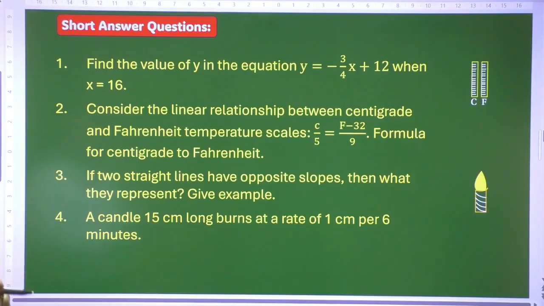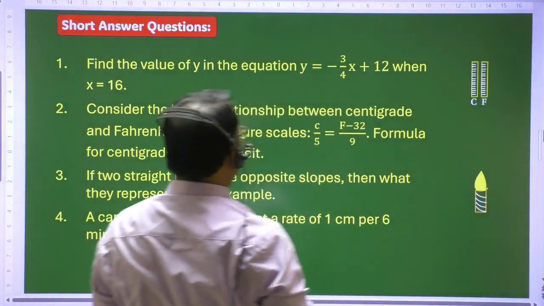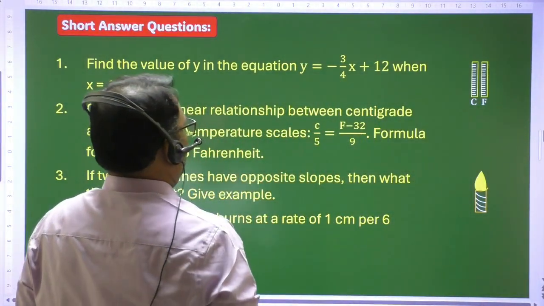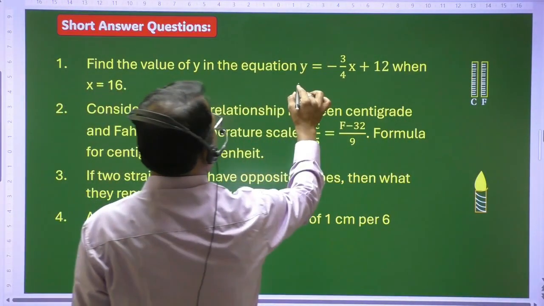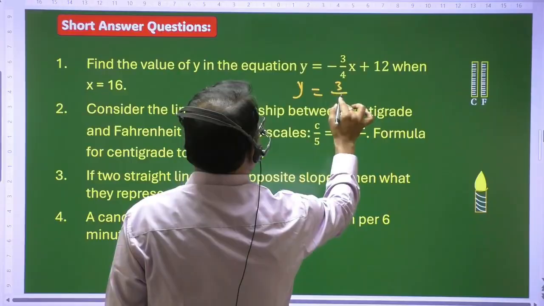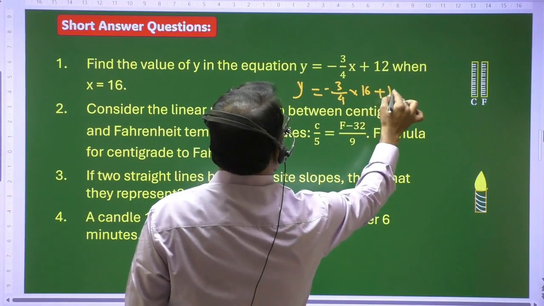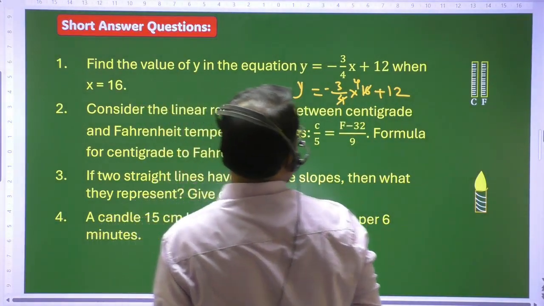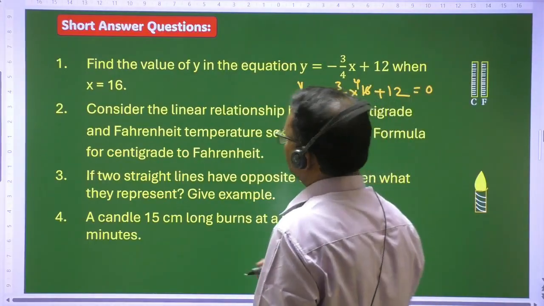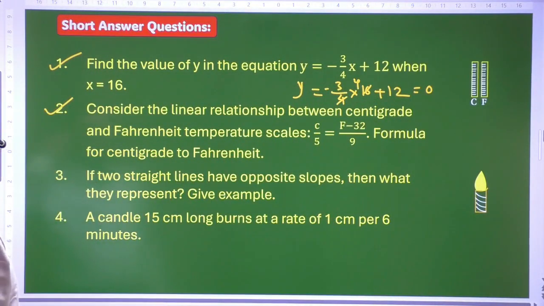Short answer type questions. Find the value of y in the equations. Two scales are given, the centigrade scale and the Fahrenheit scale. I think this picture is for the second question. Now find the value of y. Just put the x value here: 16 plus 12 is 4 into 4, and 16 minus 12 is 0. Very simple questions. Next is